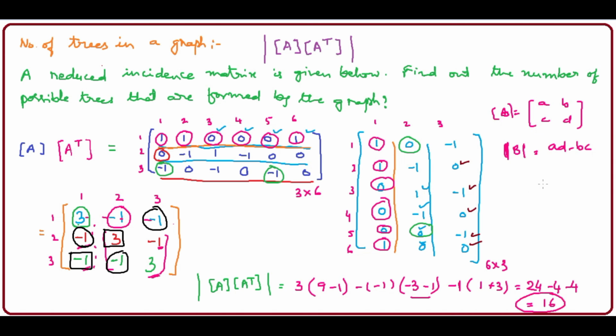So the number of trees, let me call it as T, it will be 16. So this is the answer. So please try to recapitulate your matrix knowledge. So everything has to be explained here except the inverse. Okay, A transpose have to be explained, and then multiplication, after that det.